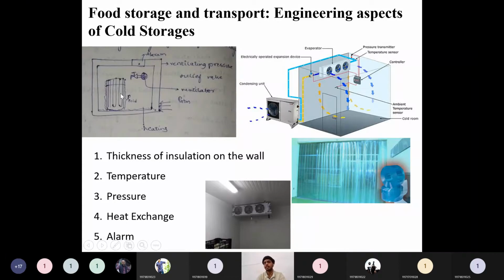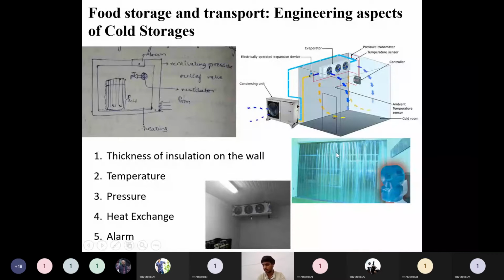In some cases, we can definitely isolate these cabins or cold storage. But in most cases, some material we have to take inside and some material we have to take outside. In that scenario, the heat exchange between the cold storage and the outside environment will be very high. In order to lower that exchange, if possible, we have to keep PVC sheets or strips. When you keep these PVC strips, there is a lower probability of exchanging heat with the surroundings.